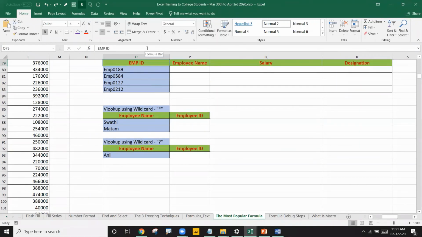My question now, before telling that: this time I have the employee IDs. This is not like the Katrina one. These employee IDs are available in our data set. I want to get the employee name, salary, and designation for these employee IDs. Is that possible or not? Tell me by using the VLOOKUP formula.